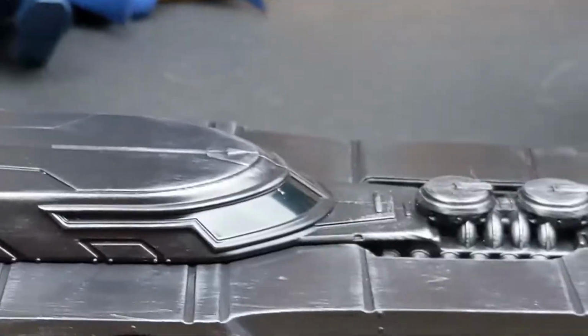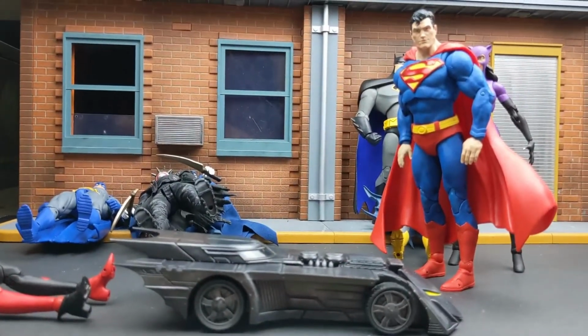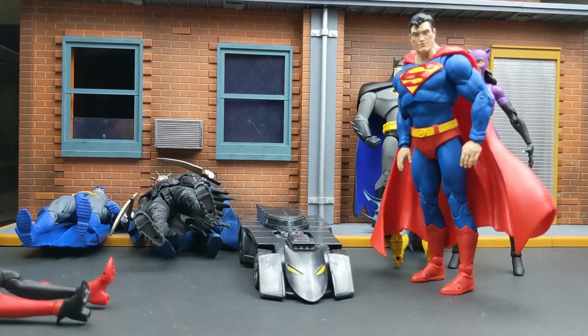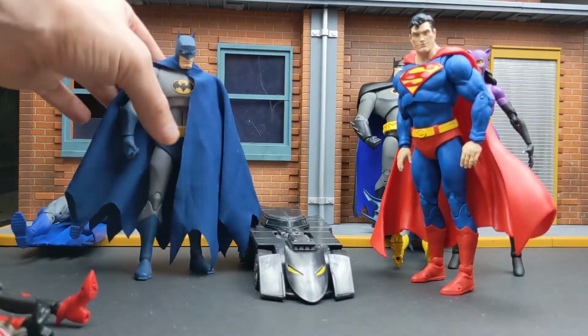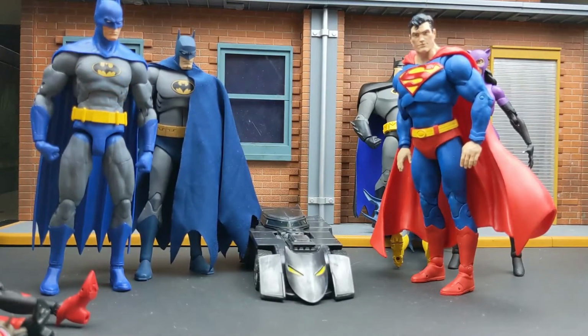So I appreciate the amount of detail on it, but I know for collectors, especially in terms of scale, it's like, what are we going to do with that? And then also, why not give us another accessory, extra hands? A Build-A-Figure piece, so we can make a cool Build-A-Figure that, you know, might not sell a lot individually, but those that want it can collect the line and create a character that's not usually released often. So I don't know, I'm not a big fan of this Batmobile, but we'll see how McFarlane continues to progress,